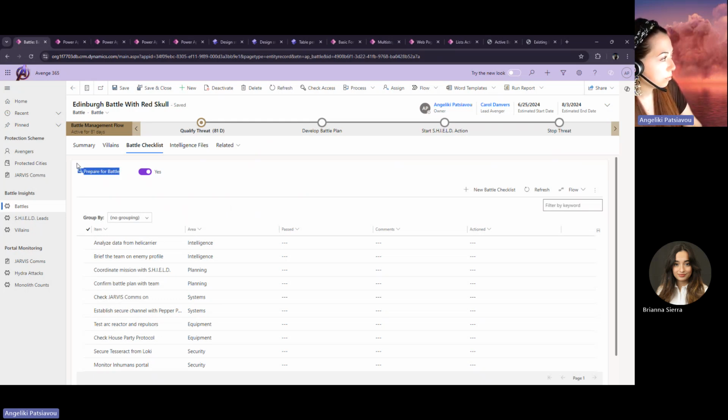Thanks to this toggle, the prepare for battle toggle. This is part of the magic, and this is how it's triggered as part of the flow. So when you reach the right time to prepare for battle, you use the toggle, but similarly, you could have, let's say, a command ribbon item and initiate JavaScript based on that, and then a Power Automate flow. There's all sorts of things you could be doing, but ultimately we want users to have that access point